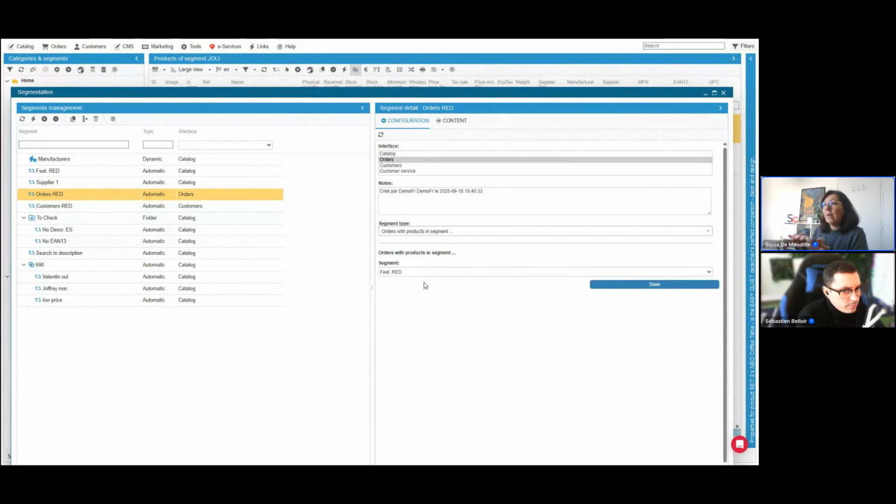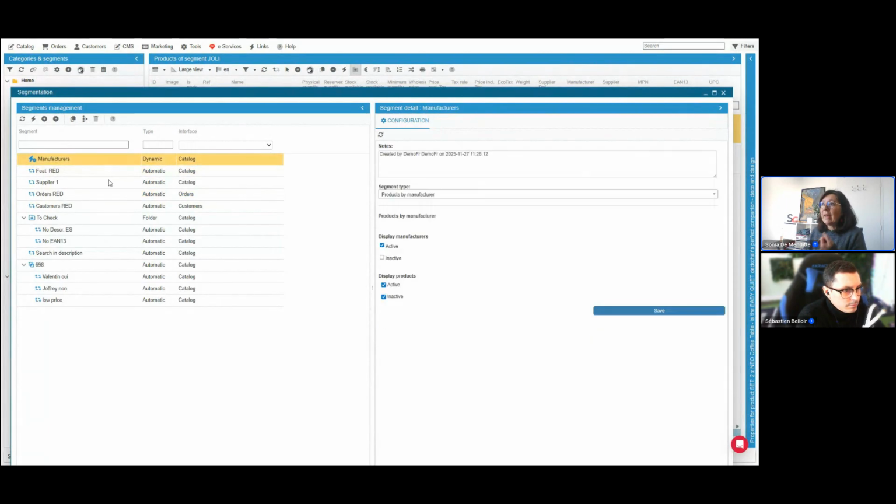I can do that. I took the feature, but now I've selected the manufacturer here. I can create a segment to show me all the orders that include a product from Nike, for example. You see if the total amount of these orders is correct or not, if I keep that supplier or not.